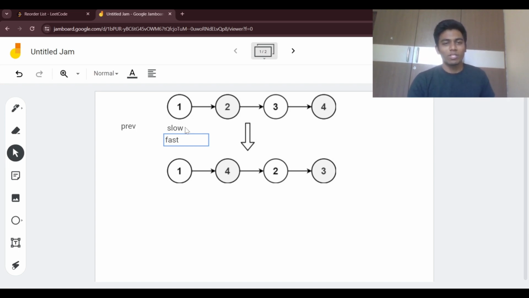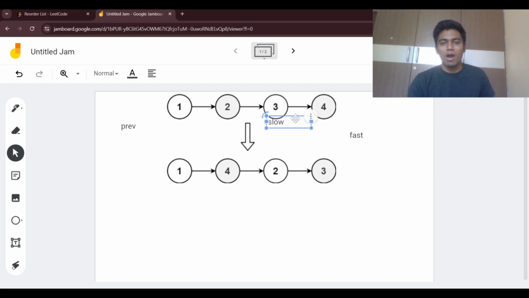So instead of doing that, we can take the slow pointer, where the slow pointer will move one step and the fast pointer will move two steps. So let us move this slow pointer, and then the fast pointer to here, and then again the slow pointer will move to here, and then the fast pointer moves to here. Now whenever I reach fast equal to null or fast next equal to null,